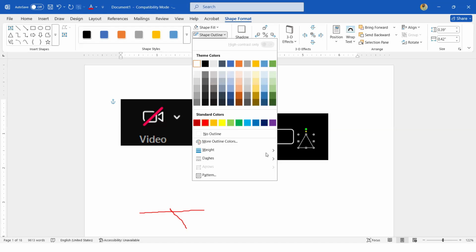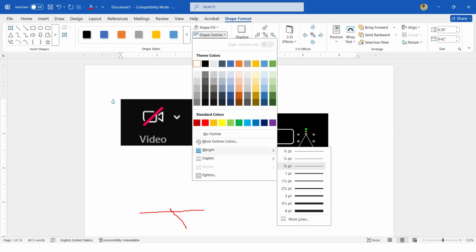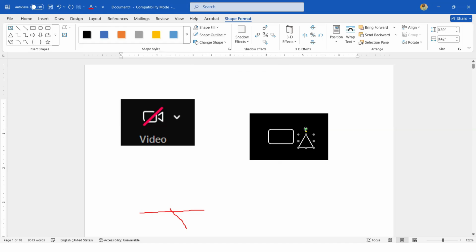I will increase this weight to 1.5 points like this. Then I will change it like this. I will shift it a little bit like this. Good. So you see now